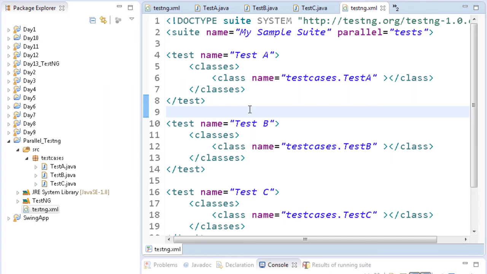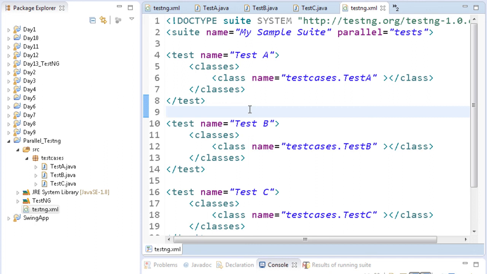But then why is Grid used? We know that Selenium Grid is also for parallel execution. Look, if you want to execute the tests in parallel on a single machine, you can use TestNG.